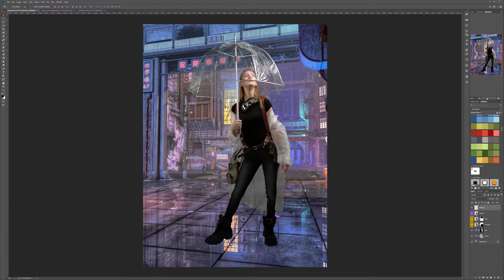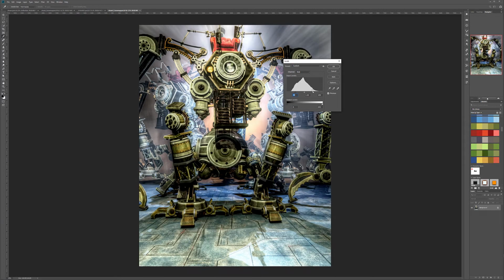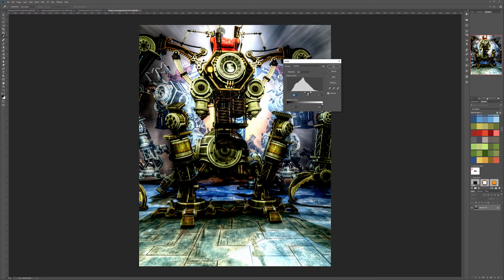So let me go ahead and look. Okay, and actually for this, I found something that I rendered before. For example, this one, and I will use Levels very fast on this image to bring higher contrast and brightness. It really doesn't matter what we have as long as we have this bright